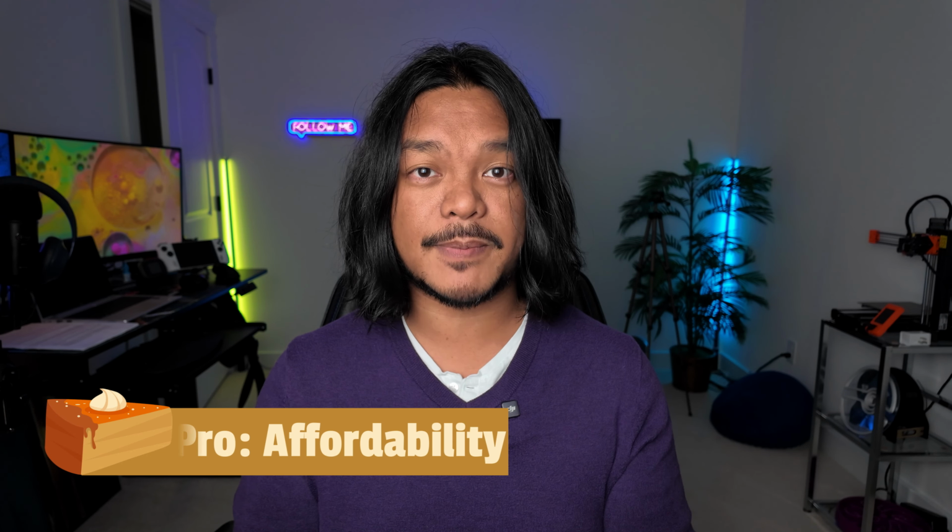So the third pro is going to be affordability. And so this is going to be a little bit of a touchy subject because some people are okay with going in and purchasing their meal, whereas some people are going to be okay with making their meal from scratch. And so how does that equate to affordability? Is because those people who make their food from scratch, there is nothing wrong with that. I actually encourage it. But I personally find myself going into the grocery store, especially Thanksgiving, and having this big